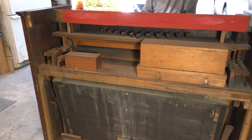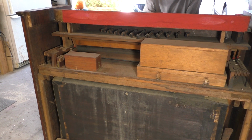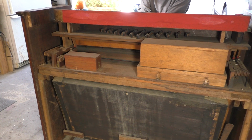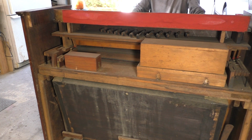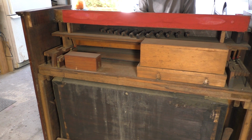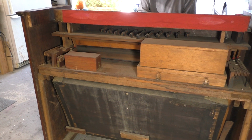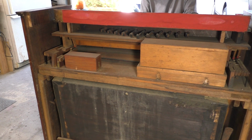So, what else? Oh yes, there's some levers on the front by your knees. Also makes it louder because it opens up two more baffles that face towards the player. Probably in the back as well, I guess. So you can do like a crescendo with that. The one on the left knee,